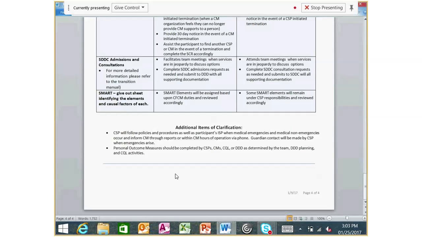We also wanted to clarify about personal outcome measures. There are a number of people who can complete these. CSPs have certified staff, so do case managers. CQL may be coming on site during their visit every 4 years. Division staff, there are also a number of us who are certified who may be coming out to do personal outcome interviews as well. So just keep in mind that there are a number of people